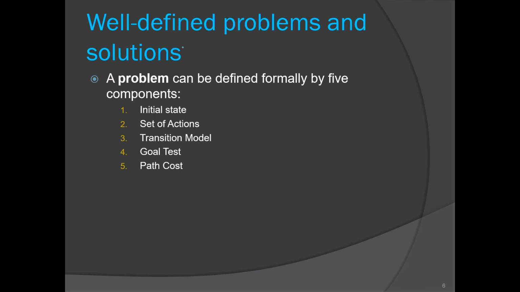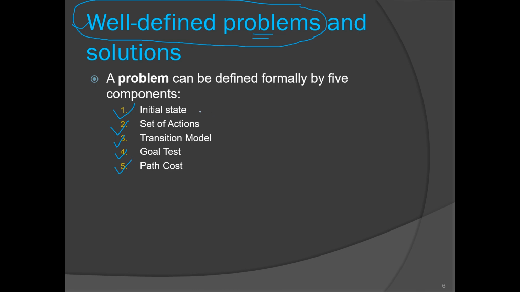Now our agent will be solving our problems, right? So your problem should be unambiguous. There should be no ambiguity. That means there should be no confusion for our agent. So it is said that your problem should be well defined. There should be no ambiguity in the problem. Now how to avoid that? If you specify your problem in terms of these 5 components, then we can ensure that our problem will remain unambiguous.